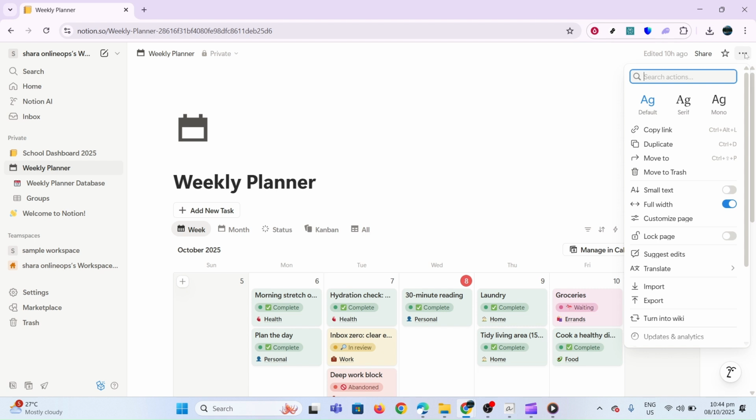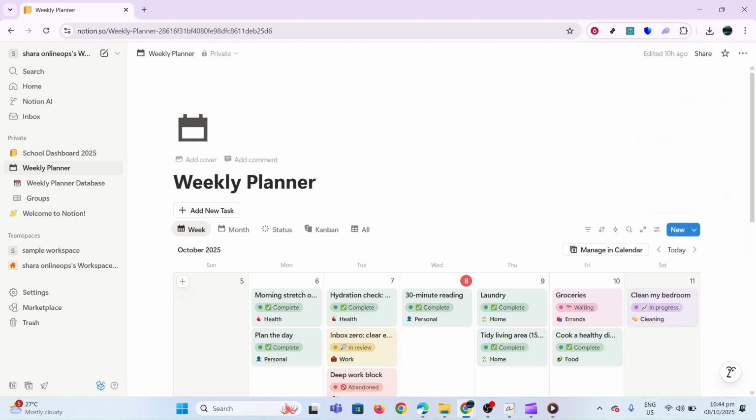This might seem like a small step, but it's crucial. Doing so will open up a menu with several options that allow you to customize and operate on the database. Among these options, you'll find the one we're looking for: Duplicate. Click on Duplicate, and you'll notice that Notion swiftly creates a copy of your database. This duplicated version will usually appear just below the original on your page or in the sidebar, depending on how